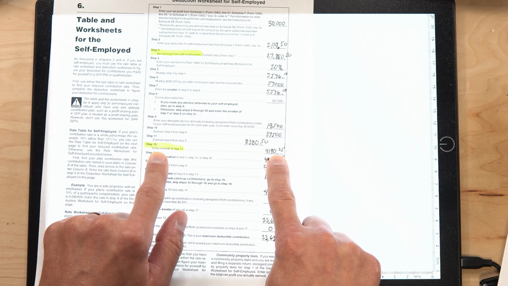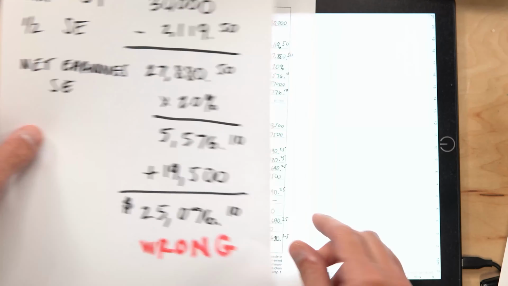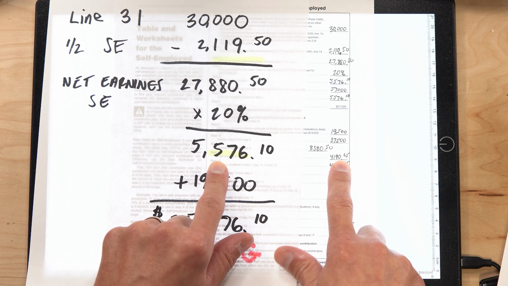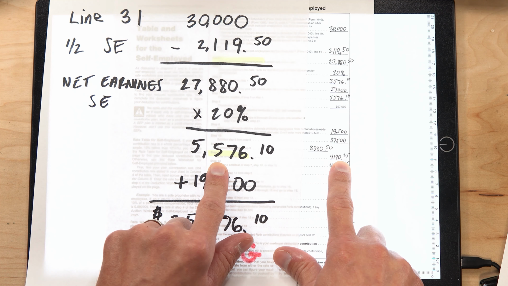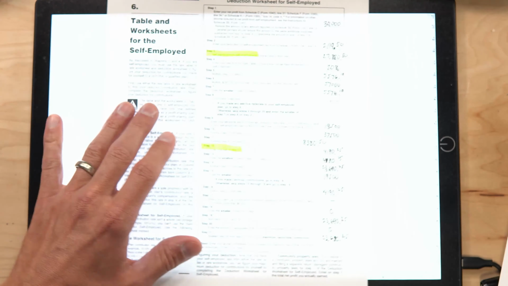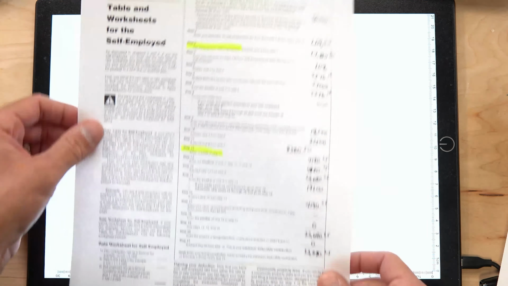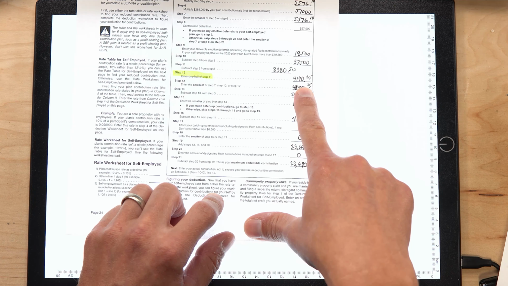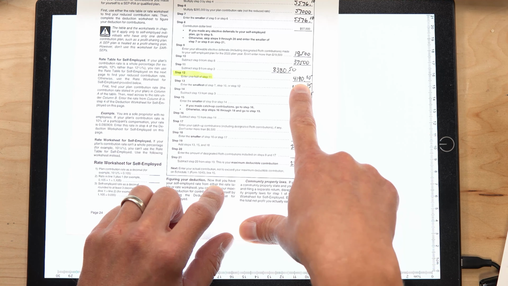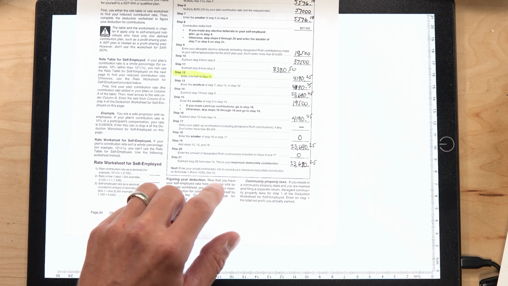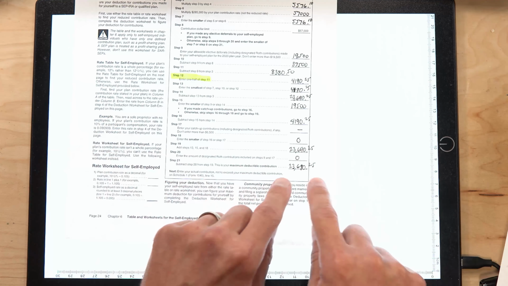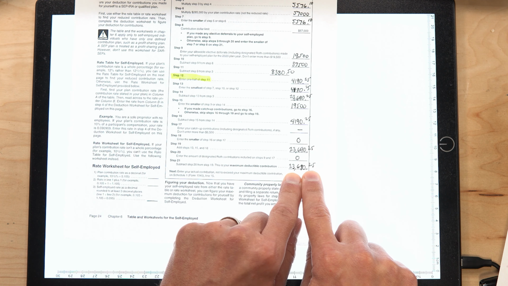And that is going to be the cap, where if I showed you the math from previously, that we multiply out to $5,576.10. But because our income was too low, or our net earnings were too low, we can't make that maximum contribution without taking into account this cap. So that means that our total contribution gets reduced. Now we can still put in the $19,500, but the employer deduction is only $4,190.25 and not the $5,576.10. So it's really important that we get that right, because now our max contribution or deductible contribution is